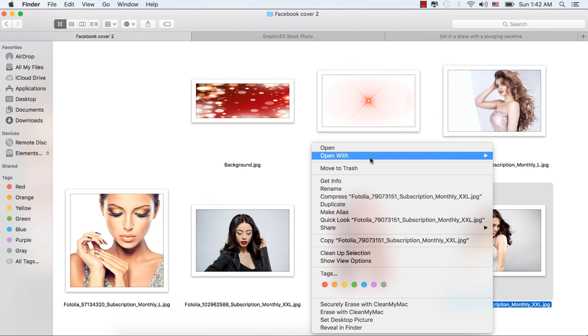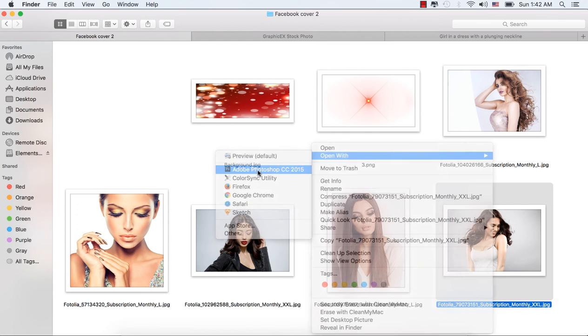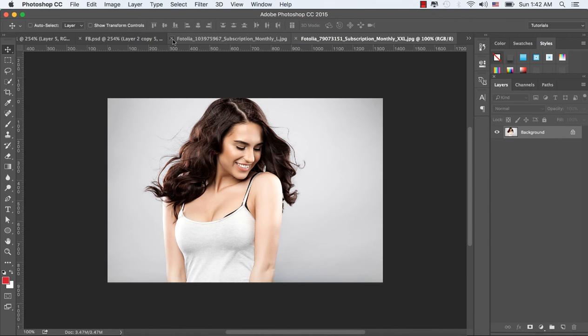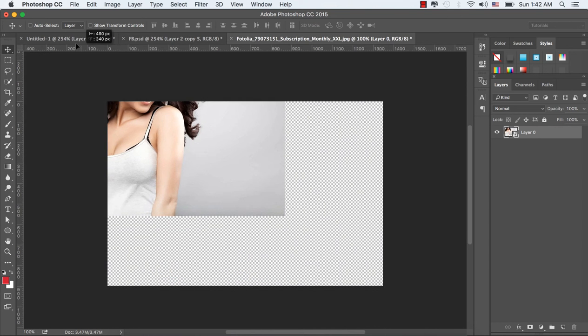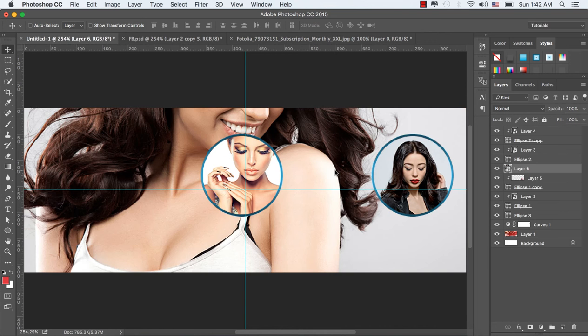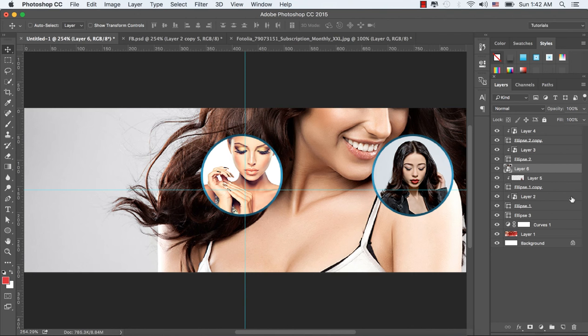And now let's bring another image from the image folder, convert it to a smart object and drop it to our main document.